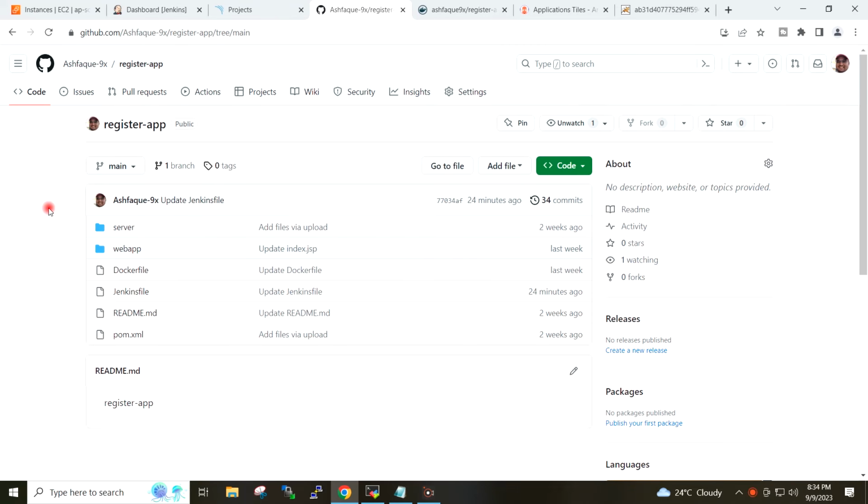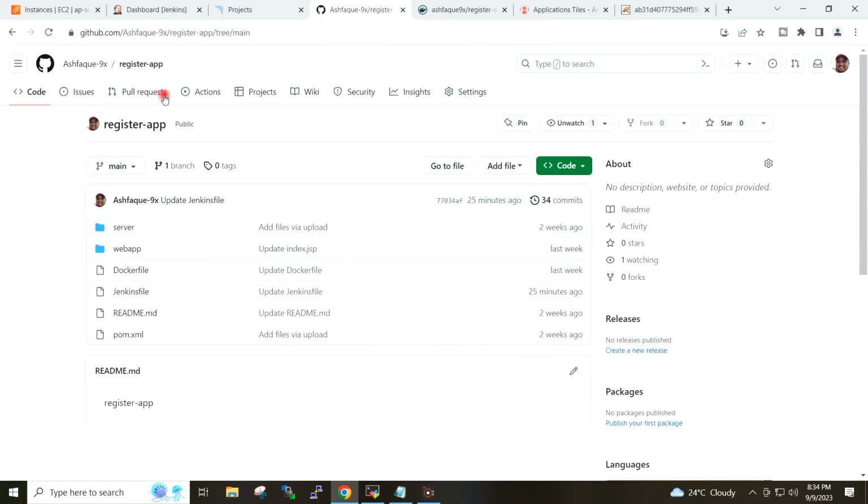Next task is to create the Jenkins file in our GitOps repository because our CD job has been configured with that repository and that repository is not having the Jenkins file, and our CD job has been configured as the declarative job which will pull the Jenkins file from the GitHub repository.